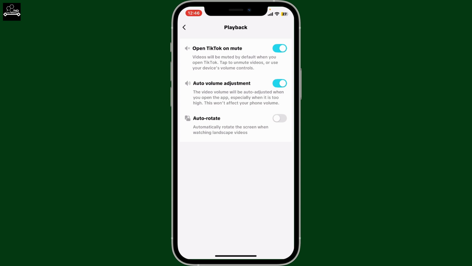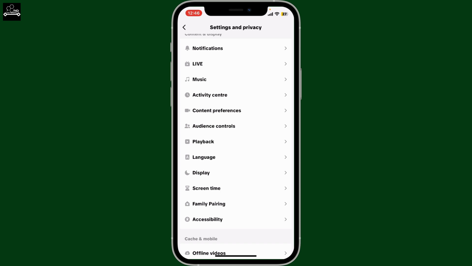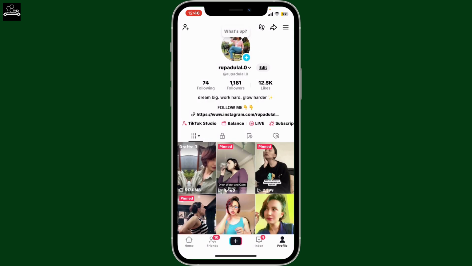If you experience issues with the volume automatically adjusting, consider turning off the auto volume adjustment button, and that's it. That's how you can enjoy a quieter TikTok experience, perfect for browsing in public places or when you prefer to